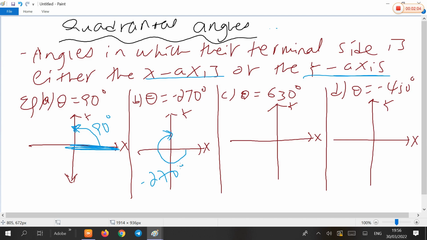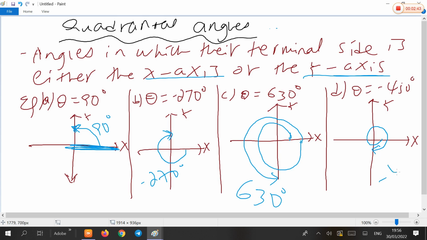quadrantal angle 630 degree ፖዚቲቭ ነው so that anti clockwise ነው ሮቴት የምናደርገው። remember that አንድ ሰርክል ከሆነ 360 ዲግሪ ነው then 360 ዲግሪ plus 90 ብንደምር 450, 540, 630 ዲግሪ ማለት 360 ድረስ then plus 90, 450, 540, 630። ኔጌቲቭ አንግል ከሆነ ክሎክዋይዝ ኔጌቲቭ 360 ፕላስ ኔጌቲቭ 90 ብንጨምርበት ኔጌቲቭ 450። so እንደዚህ አይነት አንግሎች ኳድራንታል አንግልስ ይባላሉ። if their terminal side is positive x axis or negative axis in general terminal ሳይዳቸው x or y axis የሚሆን ከሆነ the angles are said to be quadrantal angles ይባላሉ።